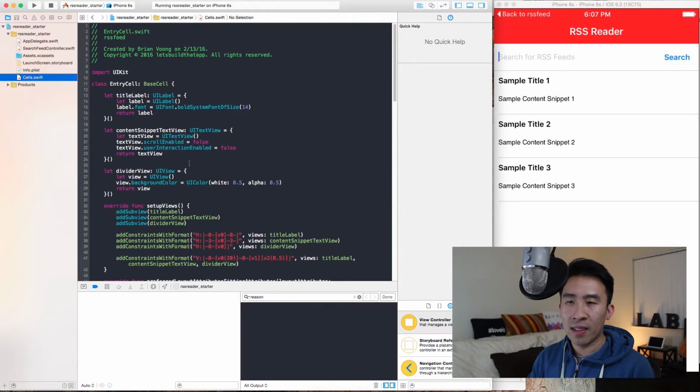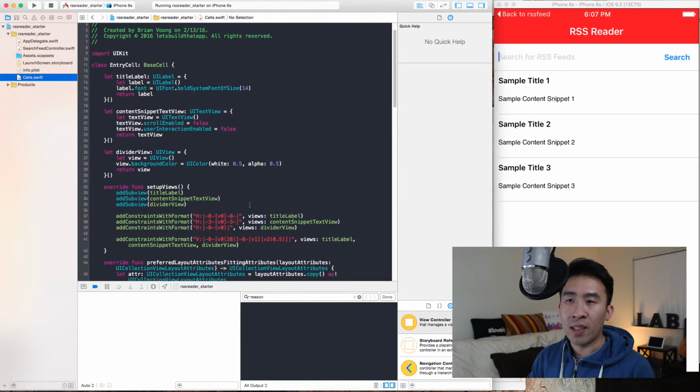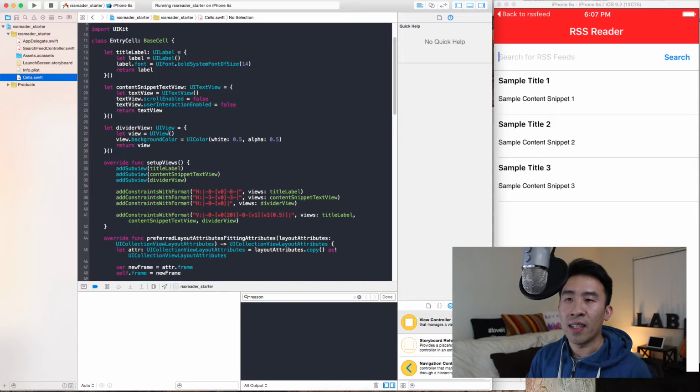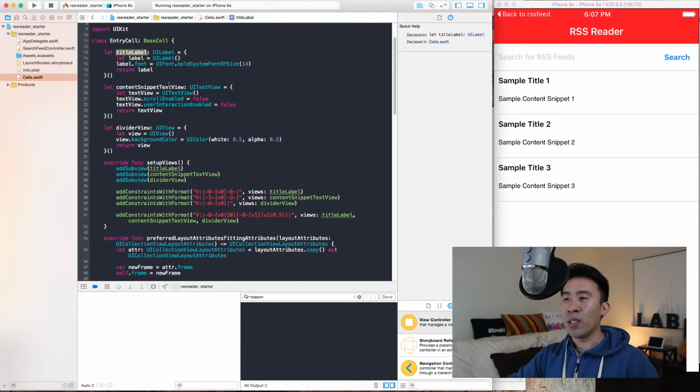Let's go to the cells. The entry cell up here contains a title label and a content snippet text view, which are on top of each other. And right at the very bottom is a divider view that shows the horizontal bar at the very bottom. That bar doesn't come for free in UI collection view, so we have to add it in